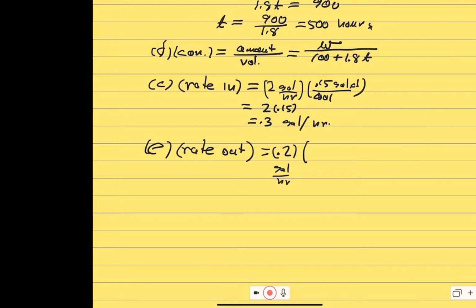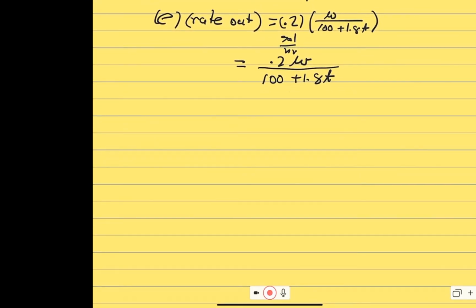And then the concentration, we've decided, is W over 100 plus 1.8 T, which is not much I can do with that. That's just going to be 0.2 W over 100 plus 1.8 T. All right,